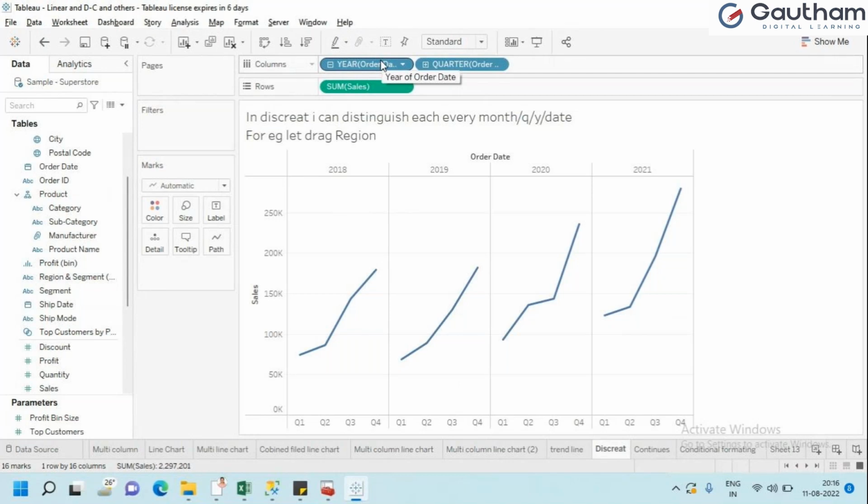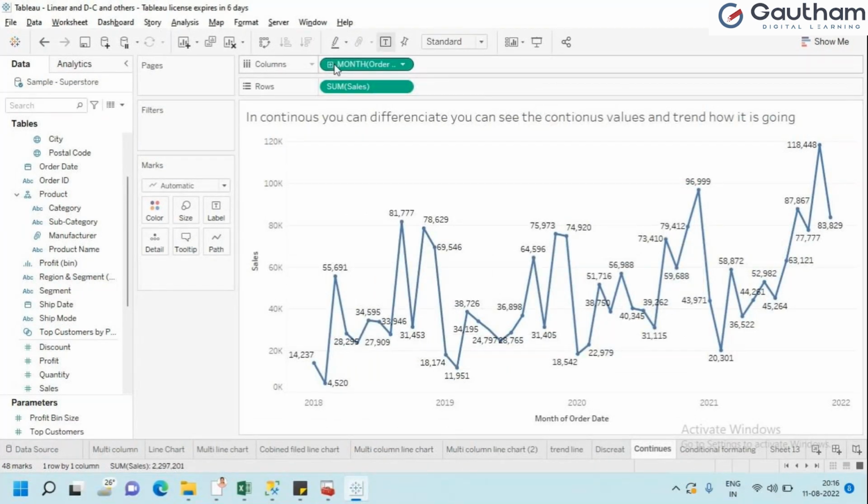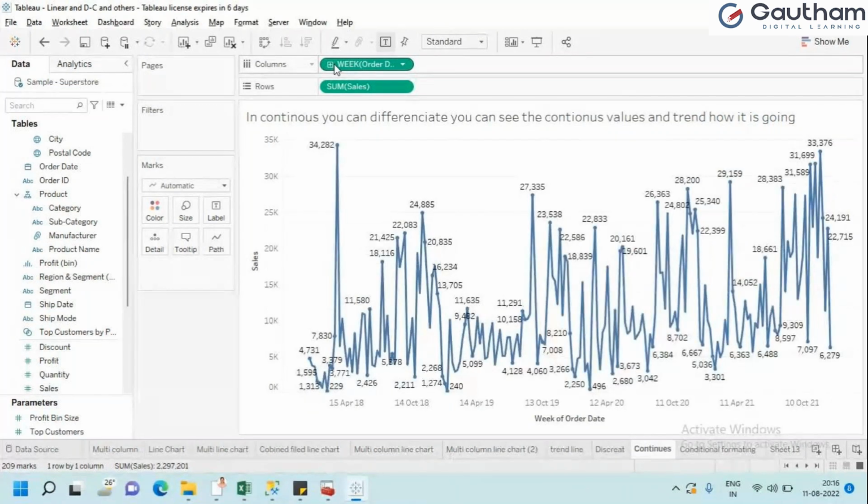Discrete mode of a field. So there is no change here, because I wanted to distinguish each and every year. When I wanted to see each and every month, or suppose I just drill down more, for every week I wanted to see. Every week means